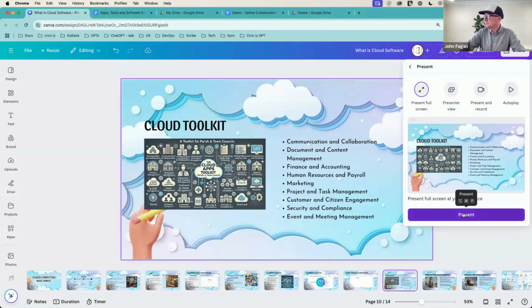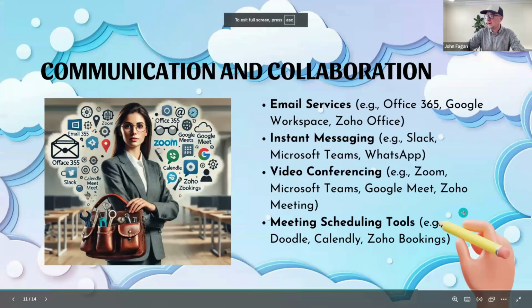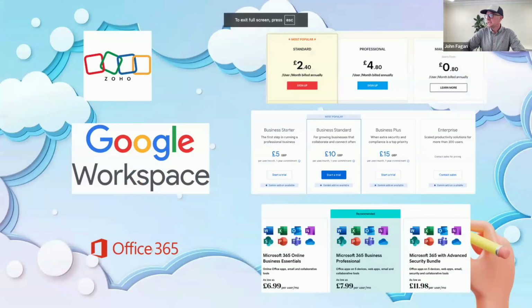Go back into presentation mode. I've just covered that. So the basics that you do need to get in place before you look at all these other fancy tools is your back office system. We all used to use Microsoft Office on the desktop, but now all those tools are available from cloud providers.